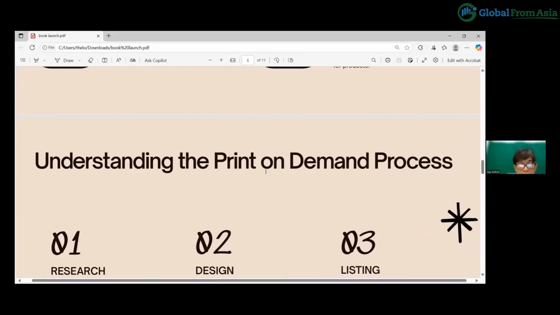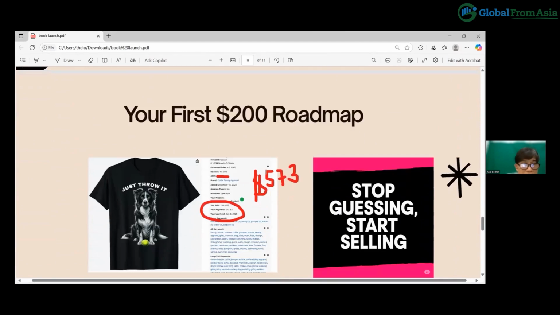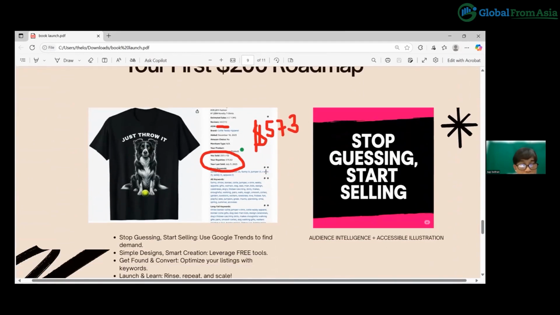So, I'll share it here. It's almost there. So, if you can see it, here it is. Can you see it, Janet? Maybe you have to read it out loud. If you can see on the left, it's a dog shirt, a border collie shirt. The design itself is made by AI. I think I even used the Grok AI tool from Twitter, and it's free actually.